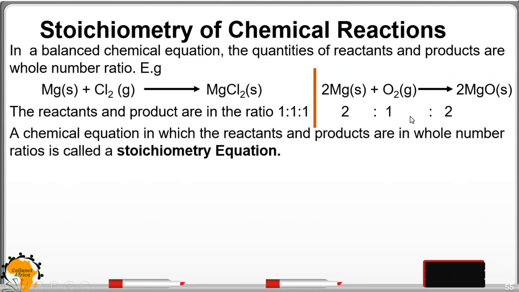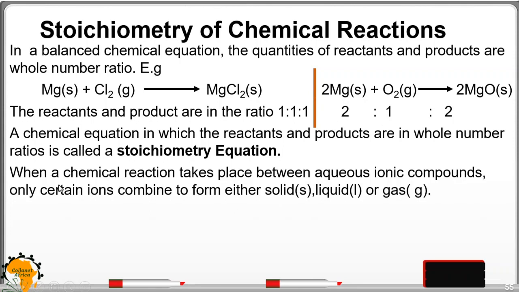A chemical equation in which the reactants and the products are in whole number ratio is called a stoichiometric equation. Like this one is a stoichiometric equation and this one is a stoichiometric equation. Simple. When a chemical reaction takes place between aqueous ionic compounds, only certain ions combine to form either solid, liquid,